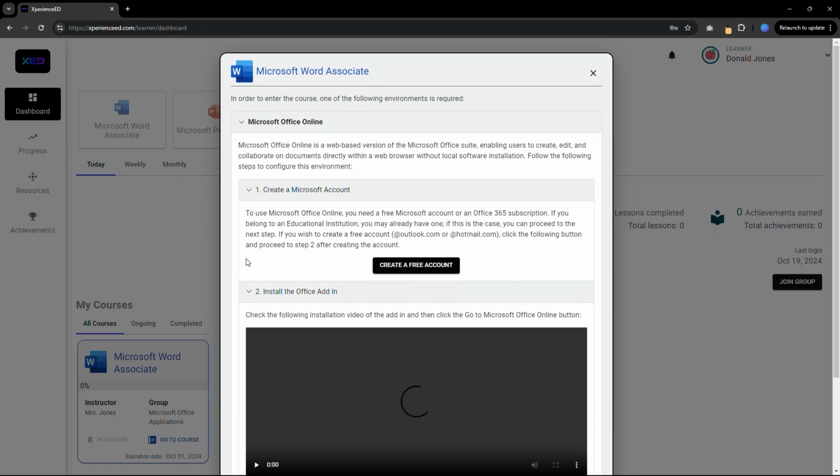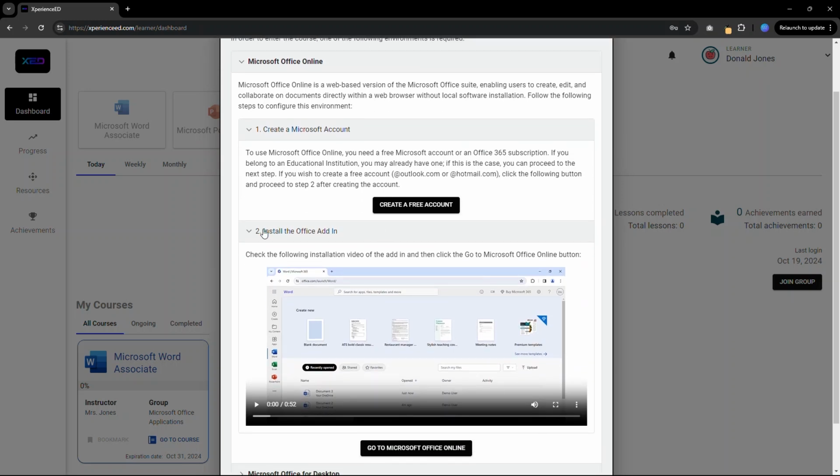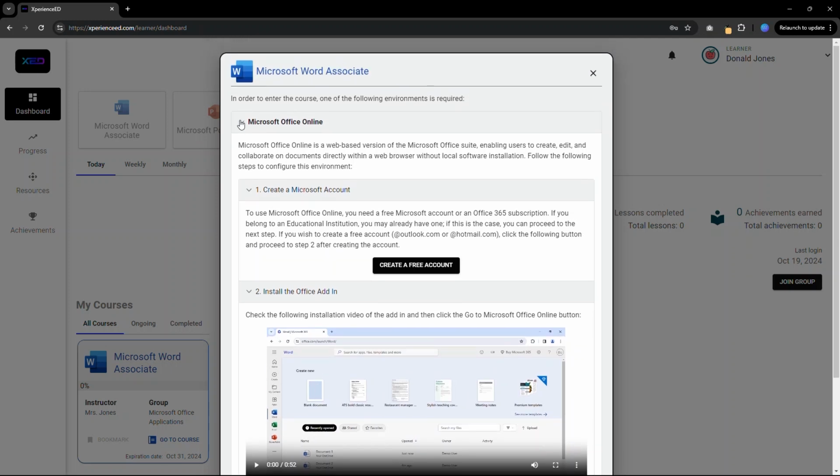When I select the drop-down menu for that, it gives me a little bit of a description. In here, it tells me that I can create a Microsoft account. If you do not have a Microsoft account or one has not been provided to you by your school, you can create a free Microsoft account. You do not have to pay for it. But if you create a free account, once you get logged in, you're going to have to install an Office add-in. This is a video on exactly how to install it. It's very simple. As you can see, this video is only 52 seconds long, so that will take you no time at all to do. So these are the instructions for that. Now, if I toggle this back on,